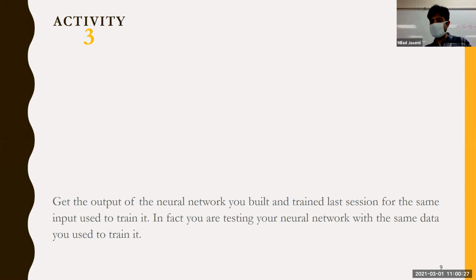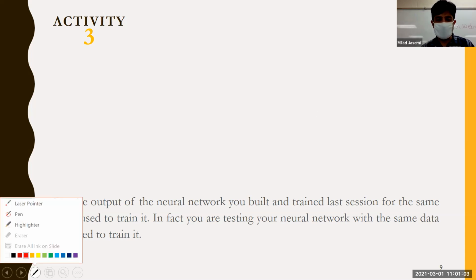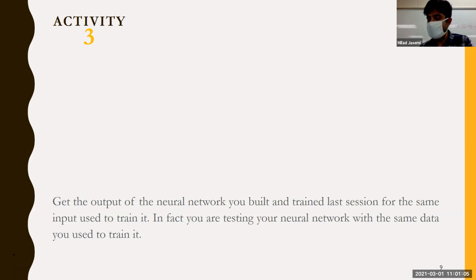Activity 3 was the last thing we discussed. It asked us to get the output of the neural network we built and trained for the same input used to train it. And we did it. But the results we got were not 0 and 1. Instead, they were some other numbers between 0 and 1. And after that, we started discussing why it is the fact, and we concluded that session with the point that